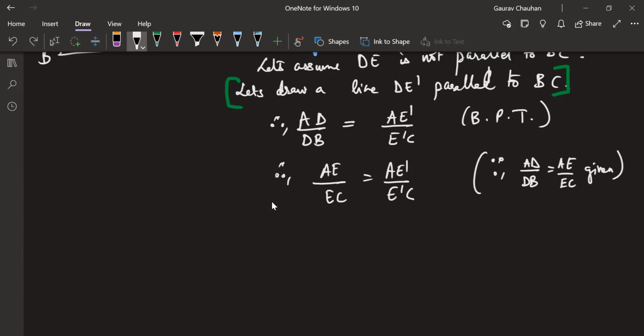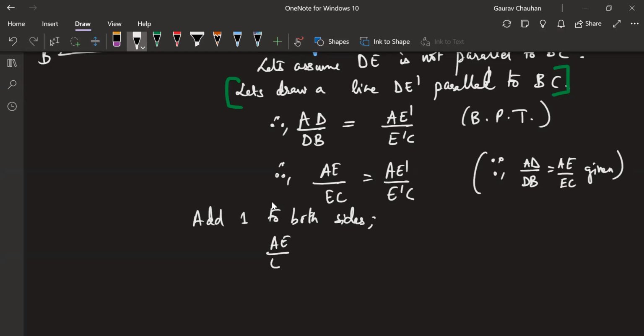So this is something which you might have to maybe remember by heart, that this step will come. This is a step which will come in basic proportionality theorem. So maybe you'll have to remember this, because everything else is logical, very easy. But going to the next step, from here you cannot directly say because it's not very clear. So what I'm doing in the next step is I'm going to add 1 to both sides. You'll see what happens. Add 1 to both sides.